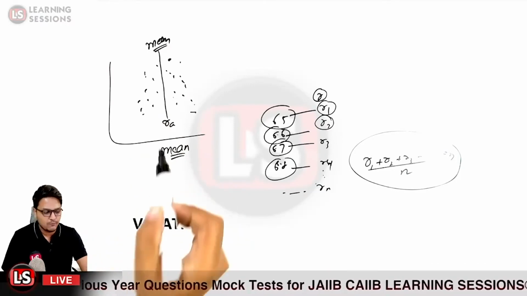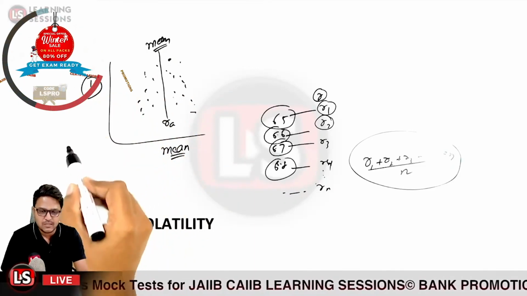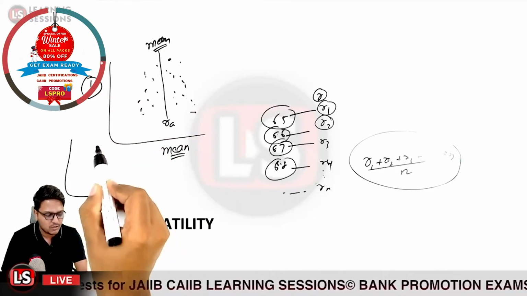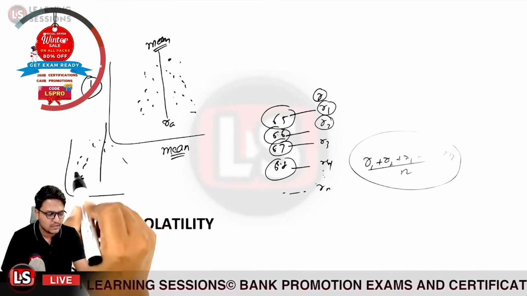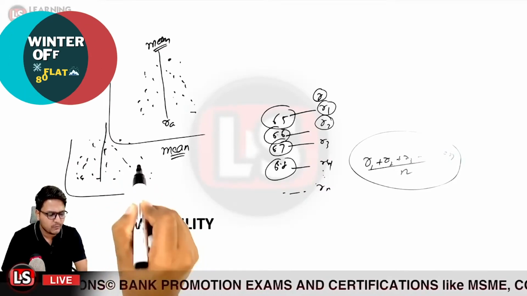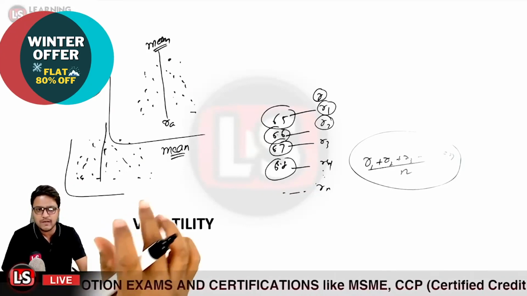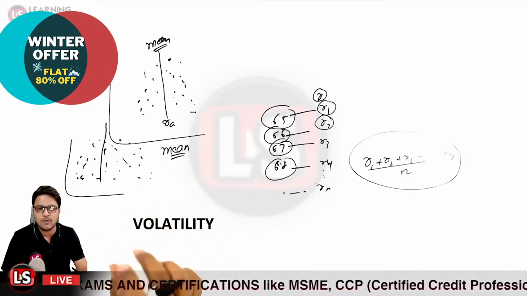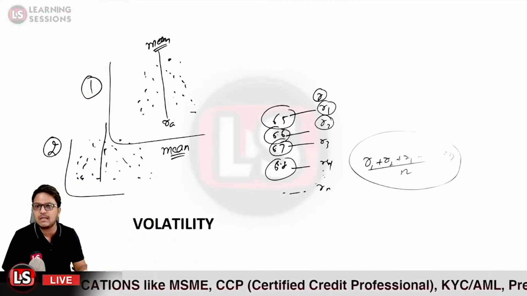Now, this is our first graph. If we draw another graph, and let us take the same case where we have the same average value, and further we draw the graph, in this particular case we are having more dispersed values. Now the graphs clearly indicate that the volatility is more in the case of graph number 2. This is clearly visible over here.